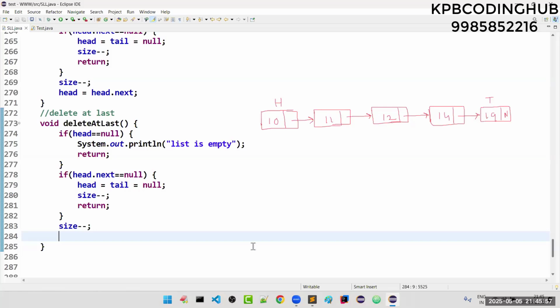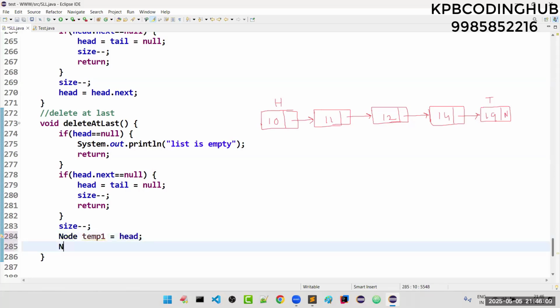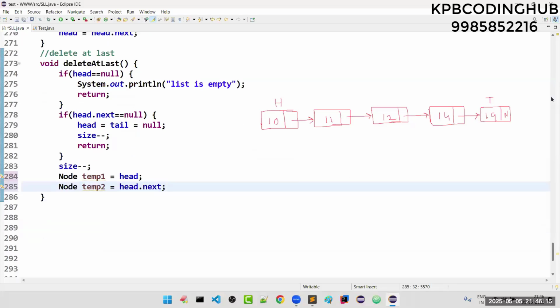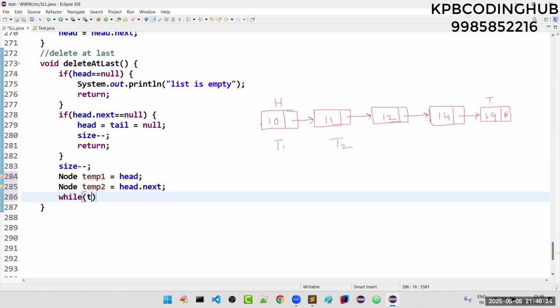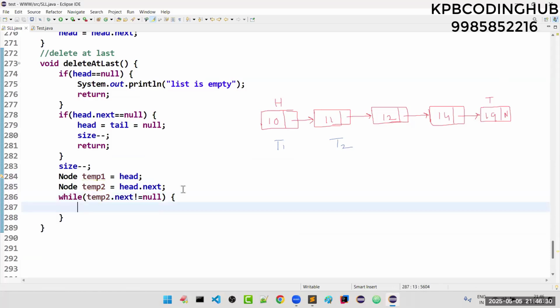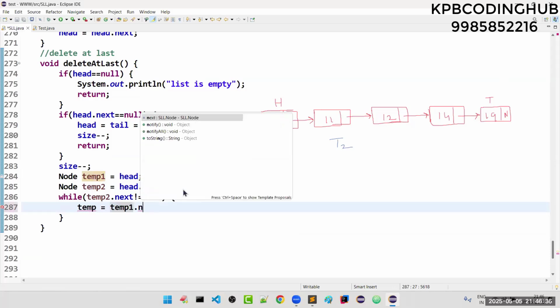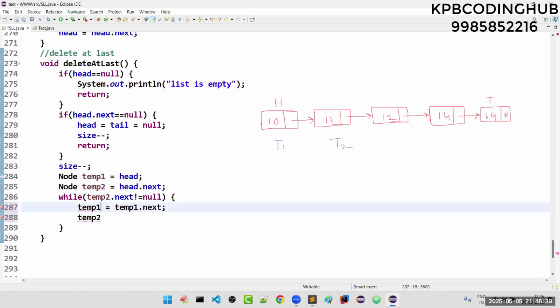Now what you need to do? You have to take one temporary variable which should travel up to which node? 14. But I will take two pointers. Why? Means you will get clarity. Node temp1 is equal to head. Node temp2 is equal to head dot next. Two pointers. Now listen carefully. This is temp1. This is temp2. Like that I have taken. What is the condition? Until temp2 dot next is not equal to null. Temp2 means what? 11. Is its next field not equal to null? Yes. Then temp1 is equal to temp1 dot next,